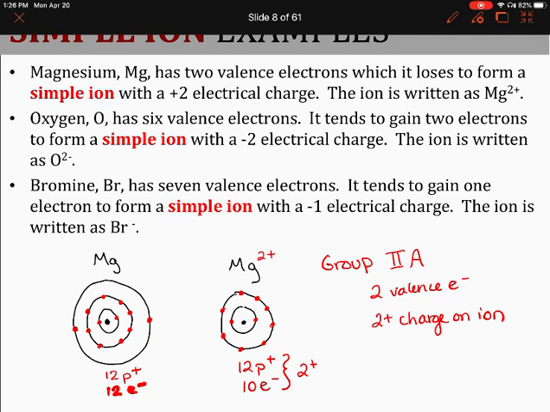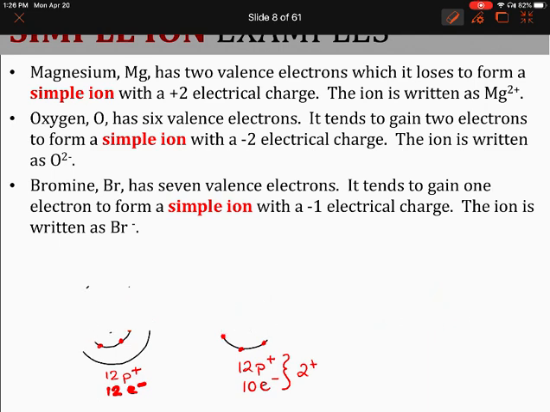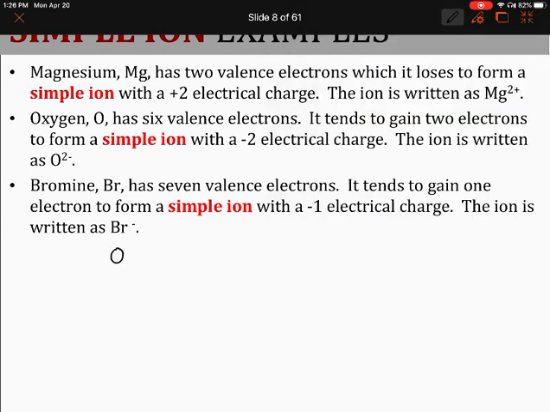Okay, so now let's go over oxygen. So I'm just going to erase my notes here. And of course, you can always rewind the video or pause the video if you need to. So oxygen is in row 2. So it has 2 energy levels. And it's in group 6A, so it has 6 valence electrons, 2 in the first level, and then 6,